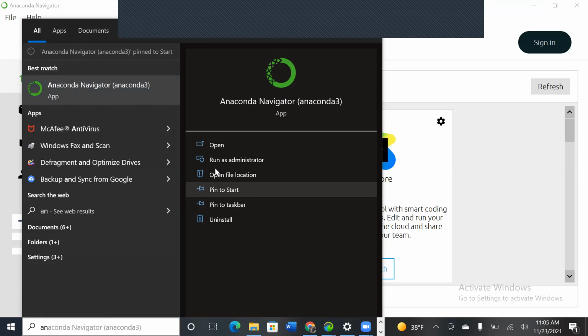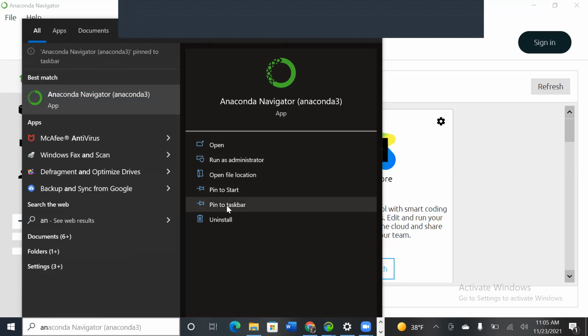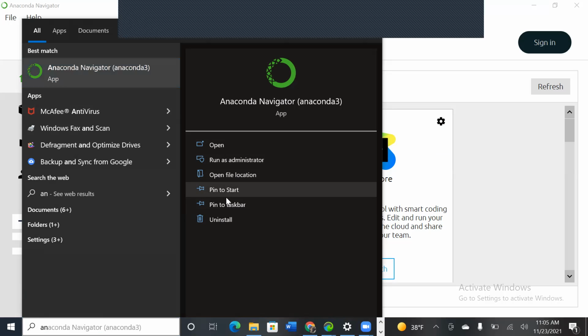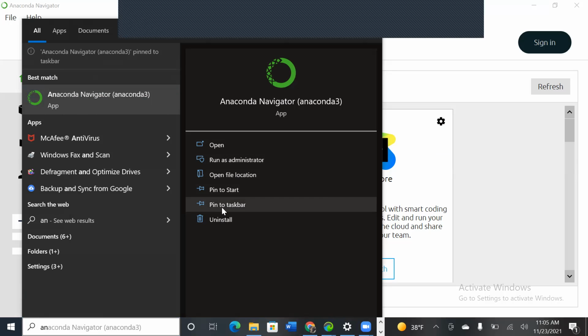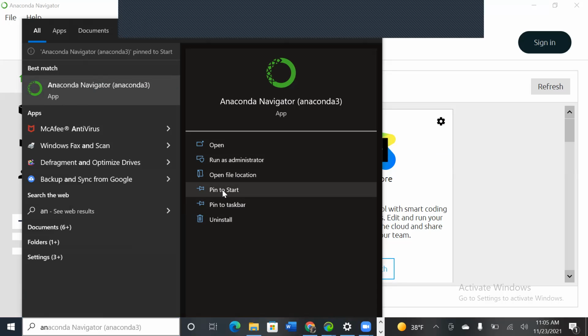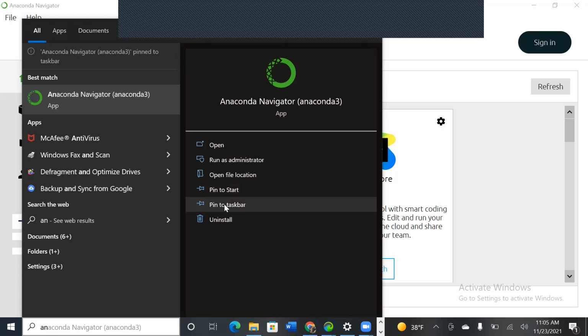And pin to start as well, so you will get the option in the start every time. Click on pin to taskbar. Now click on pin to start as well. Okay, pin to taskbar only, not start. Wait. Now you click outside.